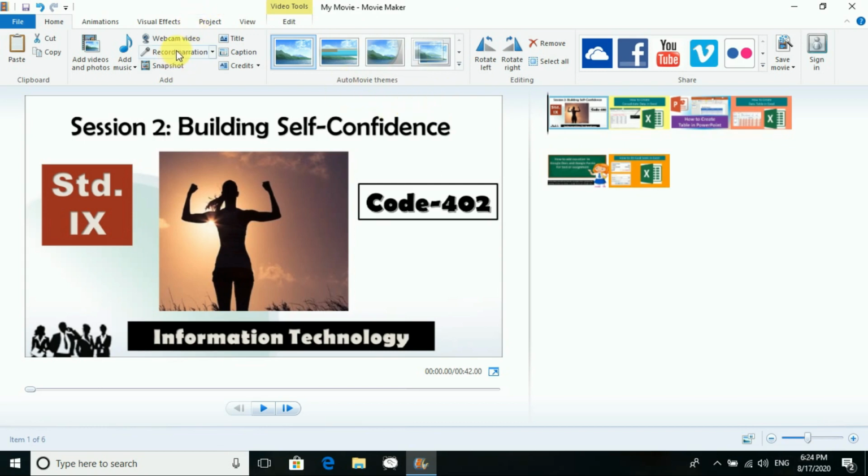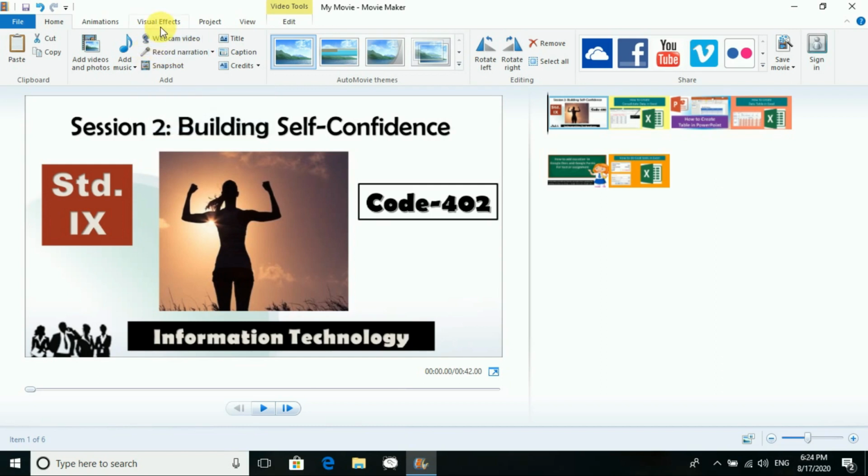One more tip I can give over here: if you are making a PowerPoint presentation, and I have shown you, if you know about it, that you can turn it to images. So after turning your slides to images, you can do voiceover over here. Yes, you can record the narrations. You can see here the record narration option.